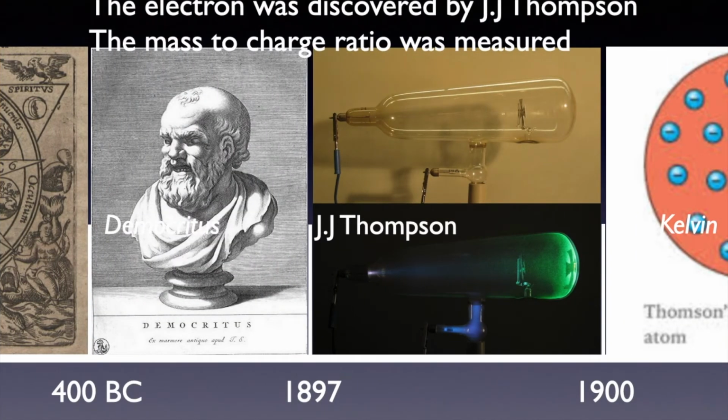Now, fast forward to 1897, quite a many years ago, the electron was discovered by J.J. Thomson. Okay, he's credited with the discoverer of the electron, and he actually measured the mass to charge ratio, okay? On the top, you have a Crookes tube just under visible light. And then on the bottom, we have the same Crookes tube with the lights turned off. And you can see this glow that's being produced as the electrons are shooting through this vacuum and hitting a fluorescent phosphor on the right. And this is basically how the older television sets operated.